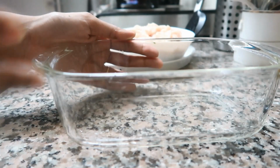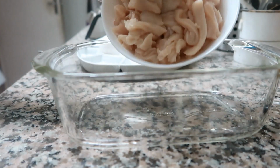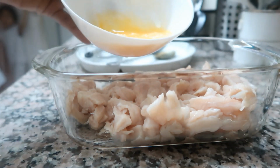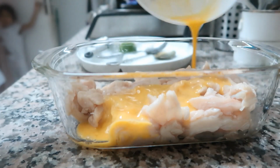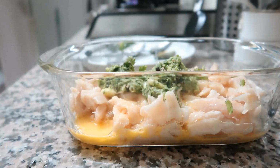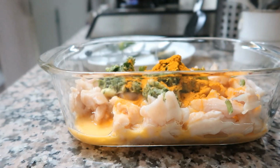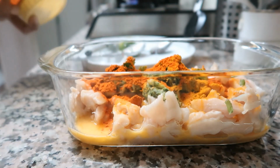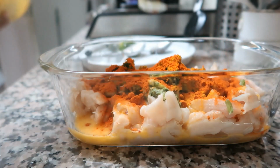We'll be adding our stripped chicken pieces into a separate bowl. Into it, add 1 beaten egg and then the crushed mixture, half a teaspoon of turmeric powder, chili powder as per your spiciness,